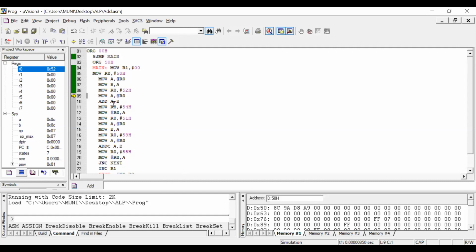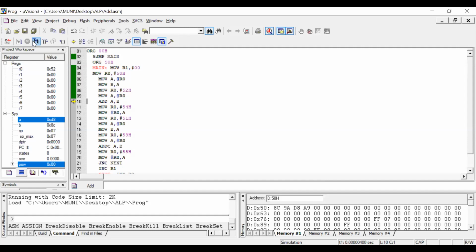Next step is MOV A, @R0. Whatever content is available at 52, called D8, is copied into the A register. So after completion of this MOV A, @R0 instruction, we are expecting the D8 value in the accumulator.